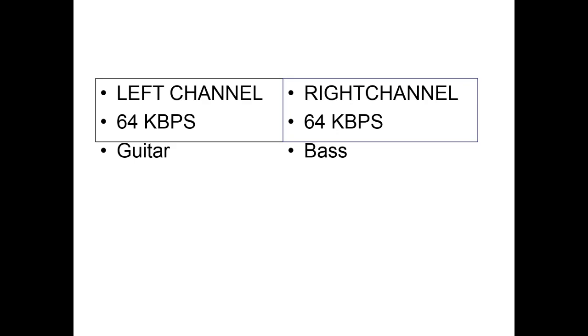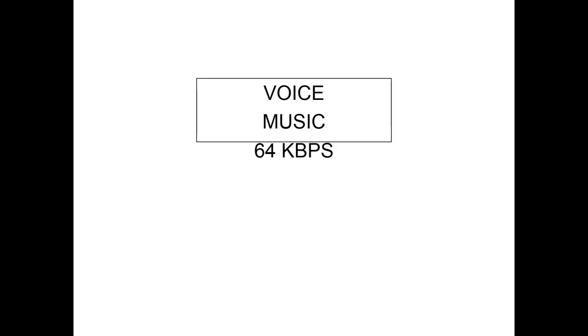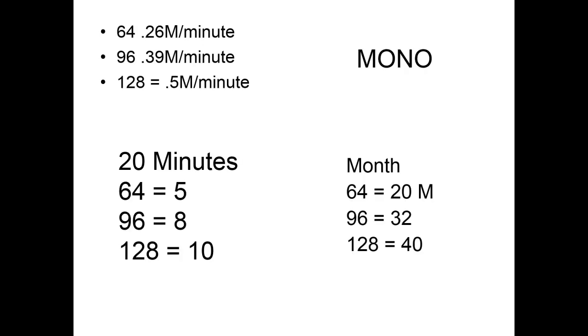So what you can do to achieve CD quality but not be stereo is to just take one 64 kilobit per second channel, and in that you will have your voice and your music. And again, your music won't have stereo separation, but it really doesn't sound that bad, especially if the majority of your podcast is just people talking. So what does that mean? Well, now you don't need as much media hosting because your file size is cut in half.